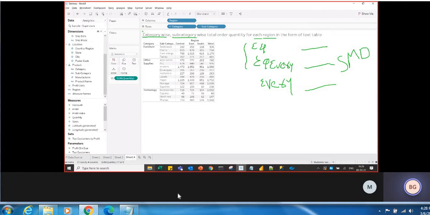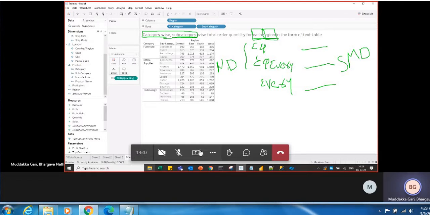But whatever dimensions are asked normally, in the beginning, these are called normal dimensions. Normal dimensions we use as nested, and wherever we find values like each region, each and every region, for every region, such a keyword, whatever dimensions are mentioned after the keyword are identified as small multiple dimensions.